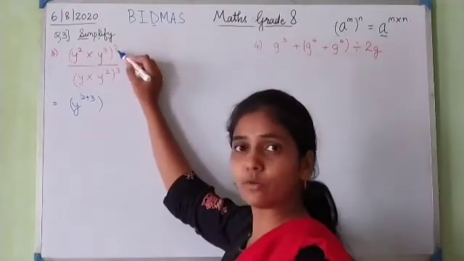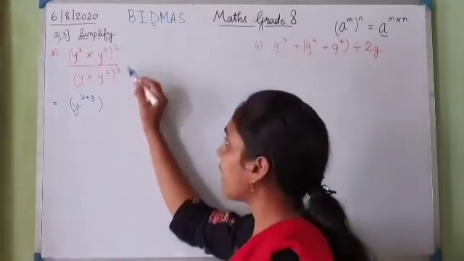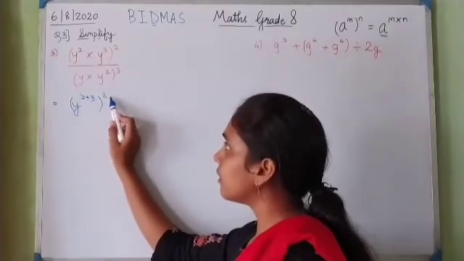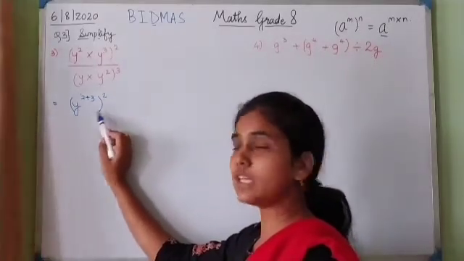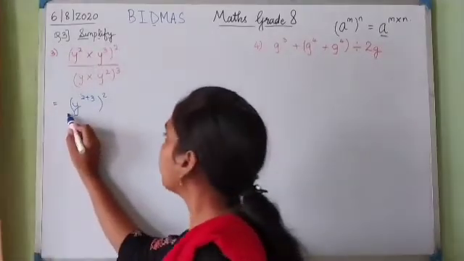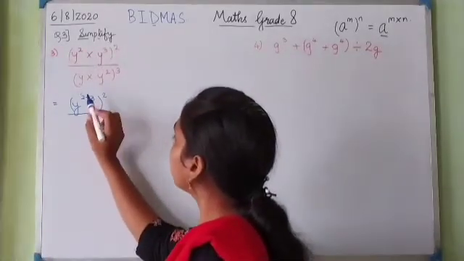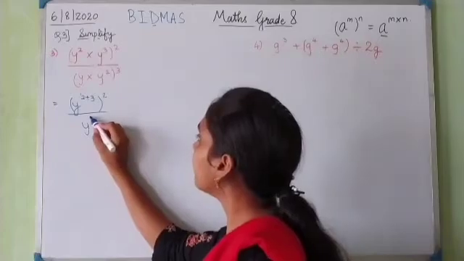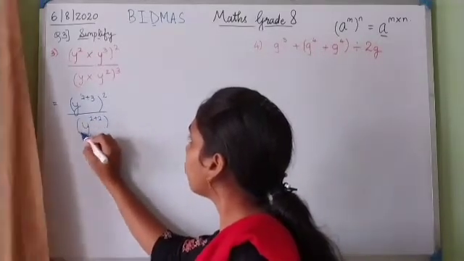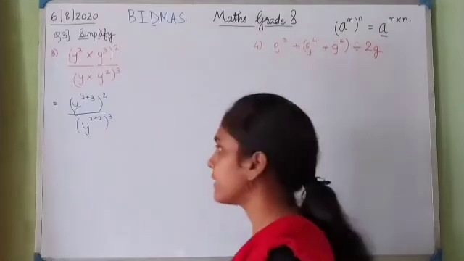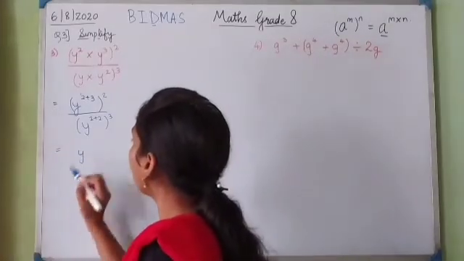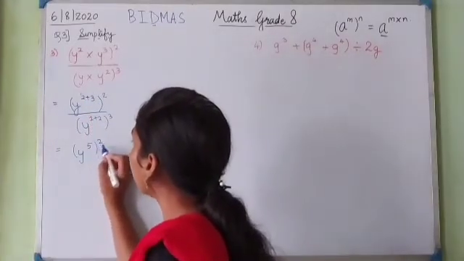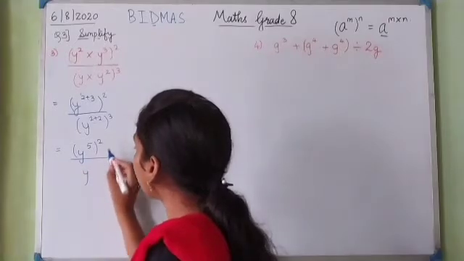See, there is a power outside the bracket also. So for this power we need to put the bracket. Only when we solve the bracket and then consider this 2 which is outside the bracket, only then we can remove this bracket. Okay. So we have to keep it as it is. Now the denominator, similarly we have to solve the denominator also. Bases are same, powers get added up. So 1 plus 2. The whole raised to 3 will remain as it is. So now the numerator will become y raised to 2 plus 3 is 5. So this is 5 bracket 2 divided by y raised to 1 plus 2 is 3.